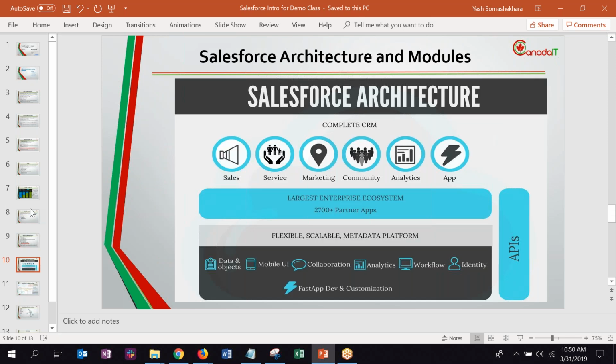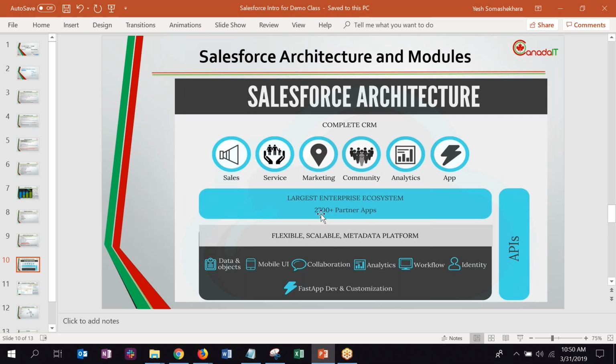I need to show you a demo, but first, this is the Salesforce architecture. I'm going to rush through this, and we'll come back in the next classes because I want to show you Salesforce as a demo. So here you see this black and gray box. This is the platform where everything that Salesforce is built for, your data, your objects, your database, your application, everything is based on this.